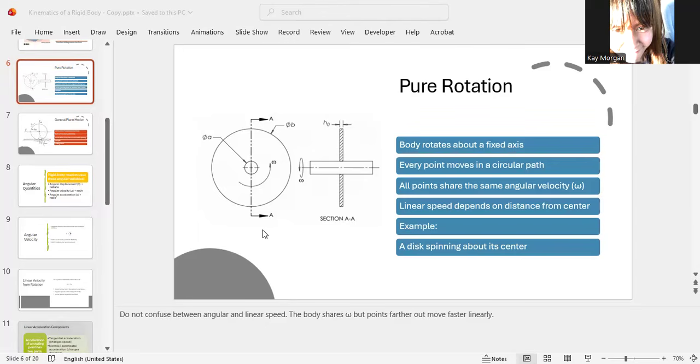So the classic example of this type of pure rotation motion is a disc. You have a disc and it's going to spin about its center. So when a disc is spinning about the center, you're going to get pure rotation. Or again, I already gave you the ceiling fan, so the fan blade rotating about its center. The tip of the blade has a greater linear speed than the end of the blade, which is closer to the center. But when you think about the angular speed, it would be the same. So that's all you need to know about pure rotation.